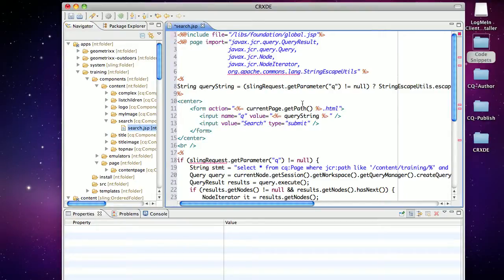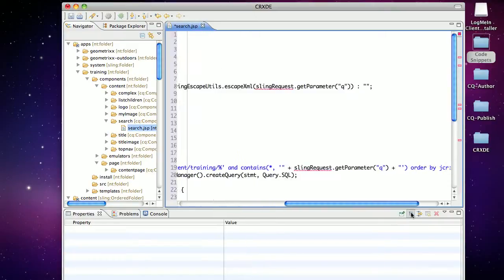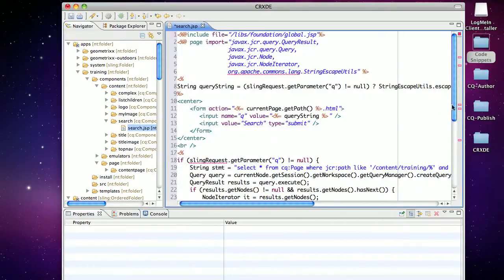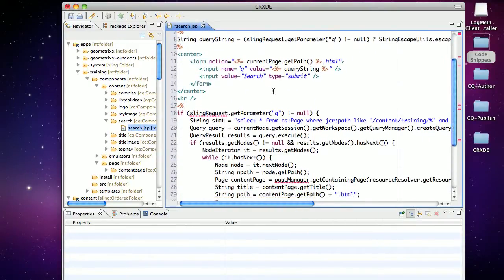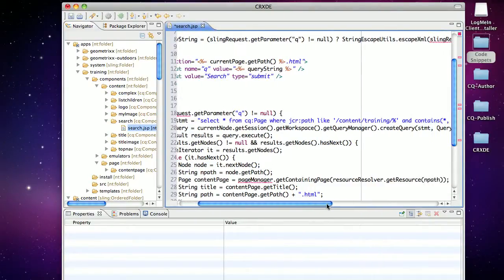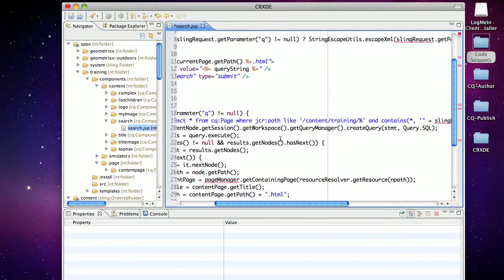Again, it's going to execute that utilizing the Sling selectors. Then we have the query string, and we have a search, and then we have the submit form here. This all is assembled into this query string, as you can see here. Then it gets that parameter. Then what happens is we have our Sling request. If it's not equal to null, it generates a statement that says select asterisk from the pages, right? So it's only searching the pages in the JCR, which is exactly what we want, where the path is